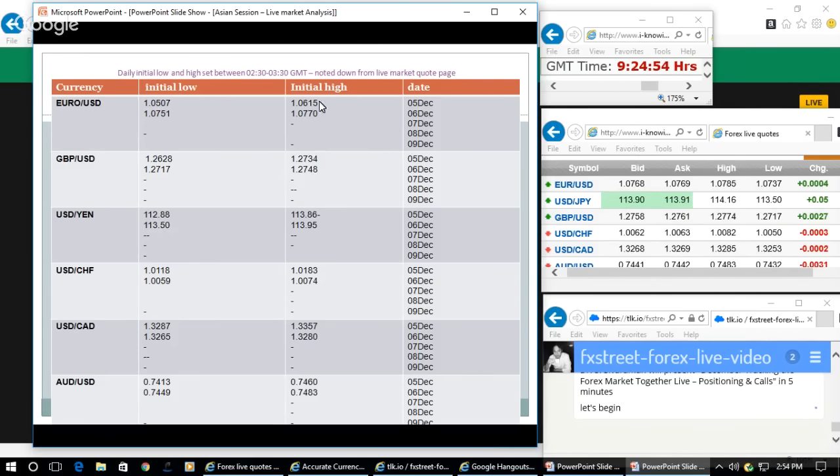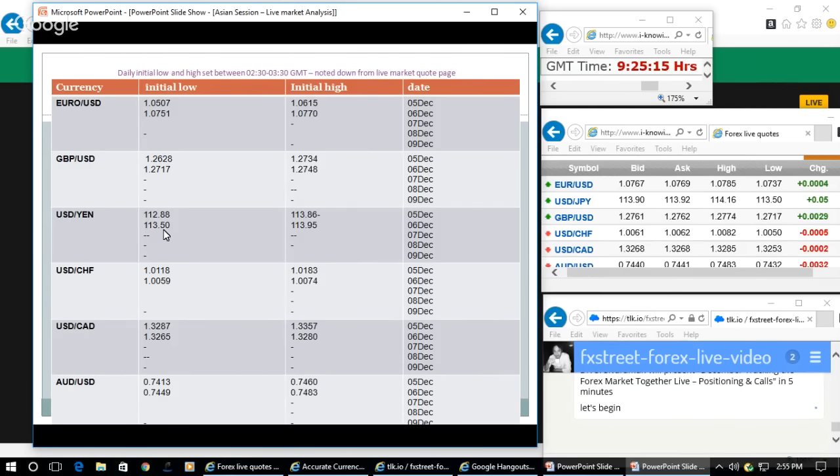See, in the case of Euro, which has breached the high and come below that of the initial high. In the case of GBP, they just breached the high and are staying above that of the initial high. I'll explain to you with the help of the type of moves what we are supposed to do in such conditions in taking trading decisions.